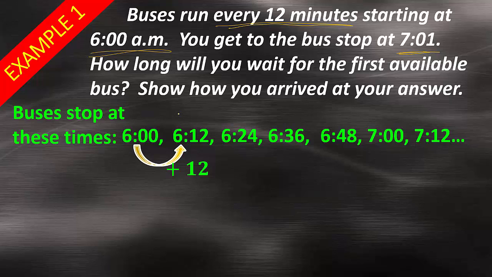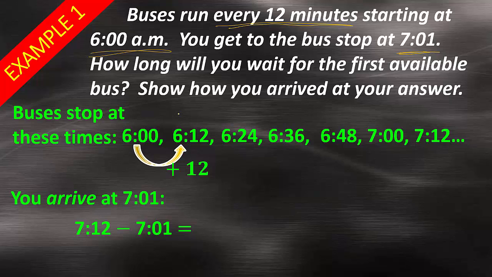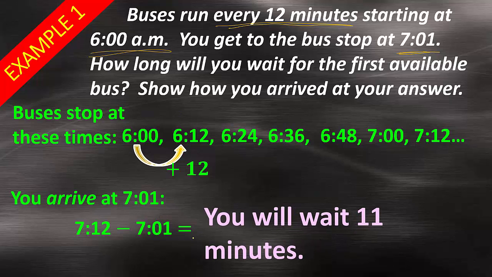So how long will you wait for the first available bus? You arrive at 7:01, the bus comes at 7:12. So it's basically 12 minutes minus 1 minute. You will wait 11 minutes. Simple enough, right? The key is that if it doesn't end exactly on 7, you're going to have to pay attention to that. So if this was every 14 minutes, for example,